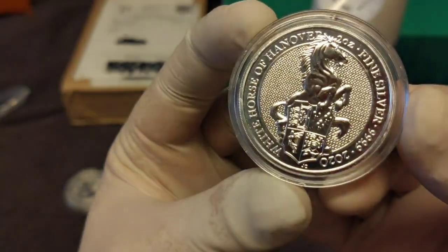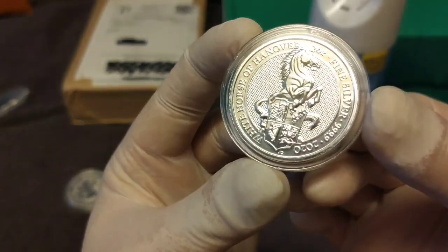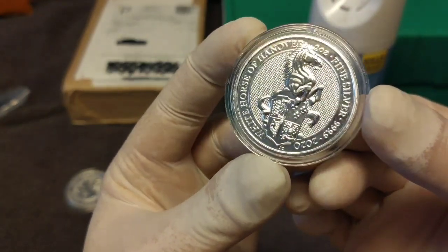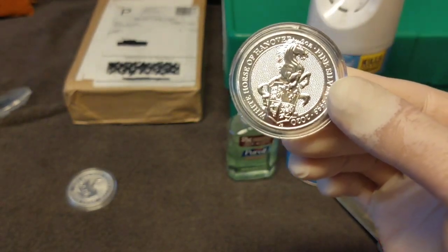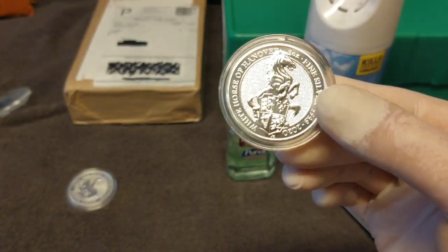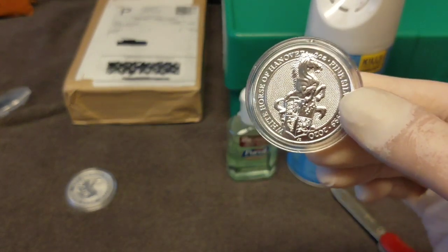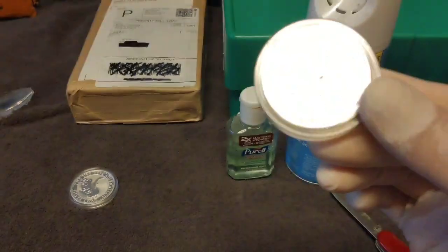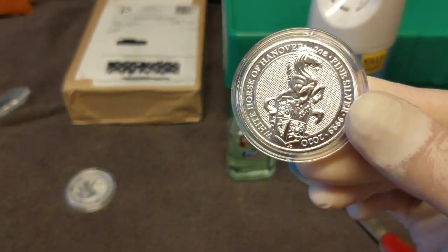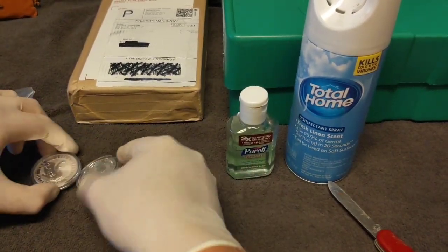This is one of the few series I really, really like. And again, this one, especially because we know it's got an expiration date. We know it's coming to an end. Should be this calendar year, if the world doesn't fall off the rails, with one more coming out, and if I'm not mistaken, it should be a greyhound. Should be the last animal. But again, this is number 9 out of 10, and it's the White Horse of Hanover. So with that,